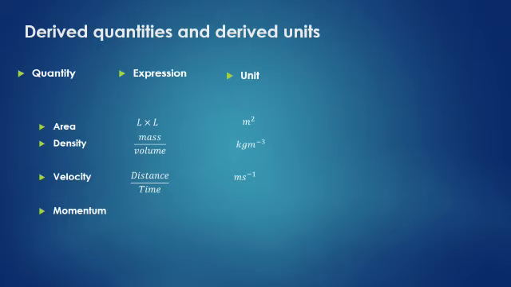Momentum. We define momentum as the product of mass into velocity, m into v. Mass is measured in kg, velocity is meter per second. So its unit is kg meter per second. Pressure. We define pressure as force divided by area. Force is measured in Newton and area in m square. So its unit is Newton per meter square, but actually its SI unit is Pascal, named after the scientist, as Newton is also a unit of force which is named after a scientist.